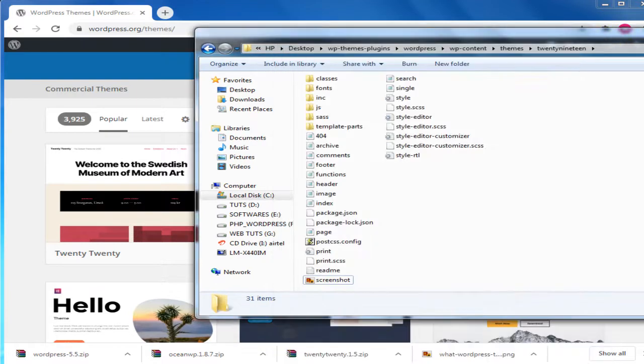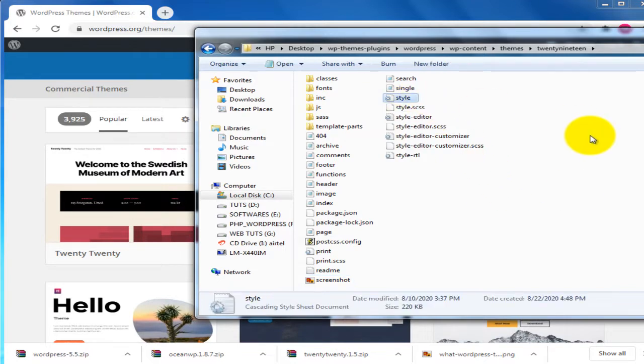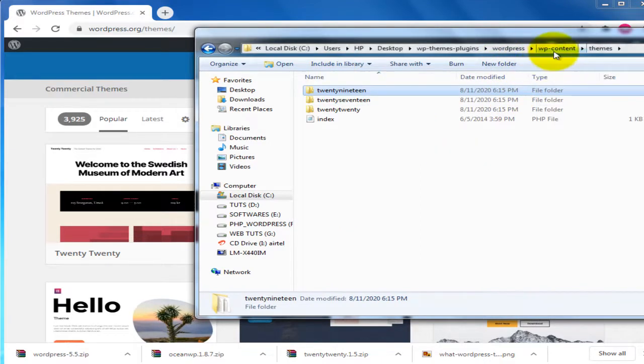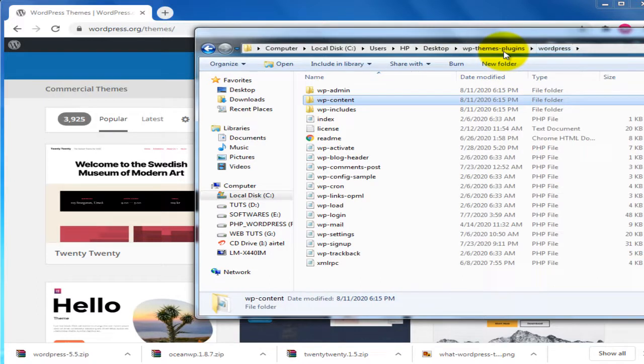Our theme's structure is there. If you want to create or edit any style sheet, there you will find the style.css file. By using that style.css, you can manage and edit your theme. So in this theme we can include JavaScripts and some fonts and some other CSS classes. By using those things, we can easily implement our advanced WordPress themes. This is the structure to develop, and this is the pattern. Whatever WordPress theme and whatever